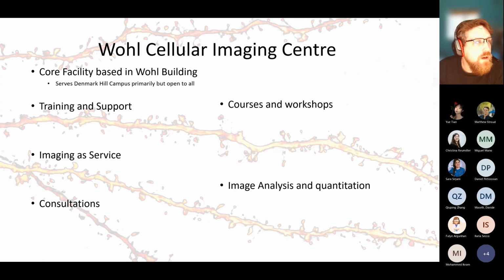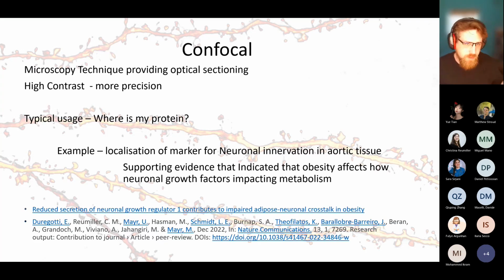So I'm going to talk through the first system type, confocal microscopy. Many of you will be aware of what confocal imaging can provide. Primarily, it's aimed at producing fluorescent imaging, but with optical sectioning, which gives you high contrast, and that means you get more precision because you're only getting the light which is in the focal plane. A typical usage for that kind of system is where is my protein, or other molecules, obviously. And an example that I'm going to share is a fairly recently published